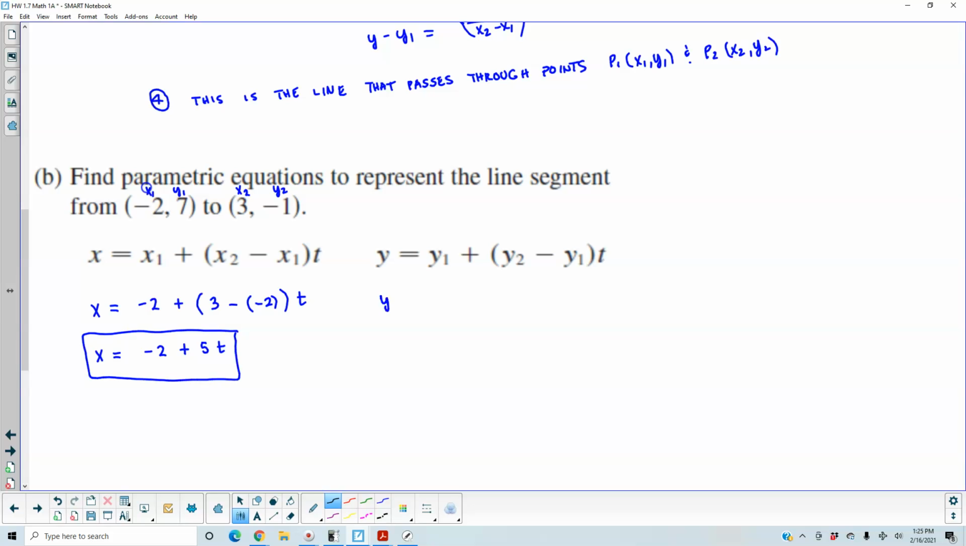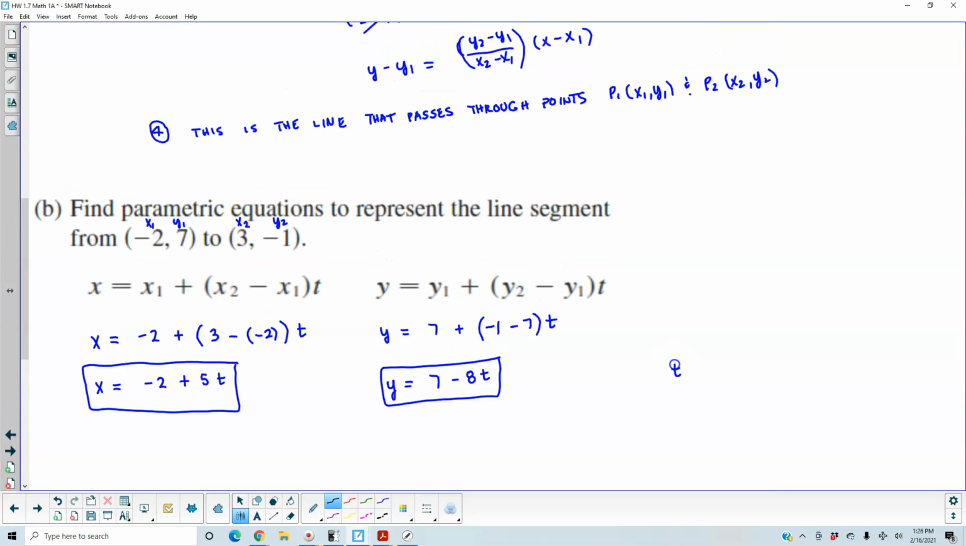Over here, we have y, which is equal to y1, which is 7, plus y2, which is -1, minus y1, which is 7, times t. So therefore, y is going to equal 7 minus 8t. And then from the beginning, recall that the value of t has to be in between 0 and